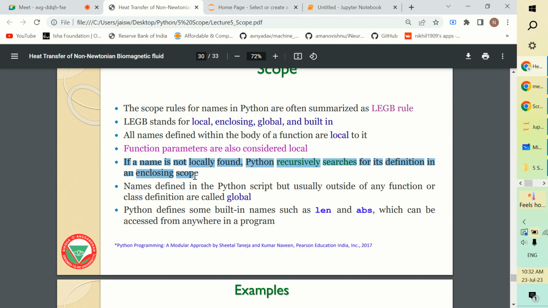If a name is not locally found, Python recursively searches for its definition in the enclosing scope. So this is a different thing. Let's understand what this LEGB rule means. LEGB stands for local, enclosing, global, and built-in. So this means that